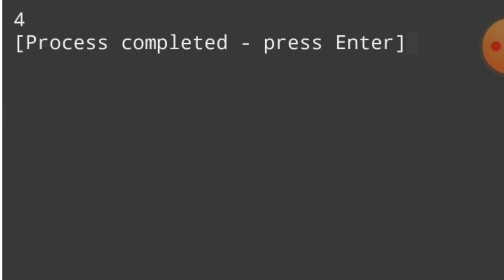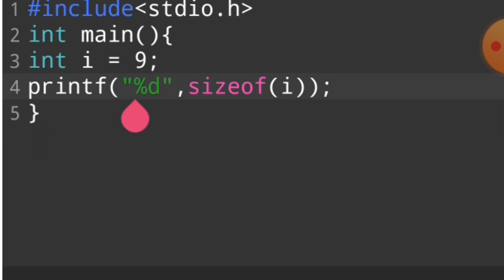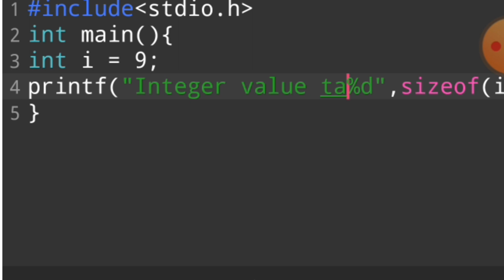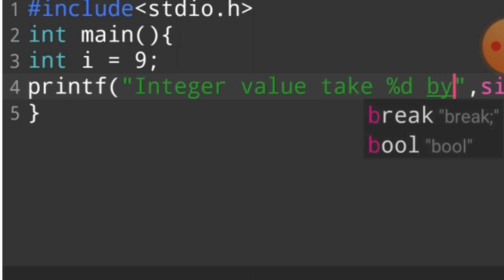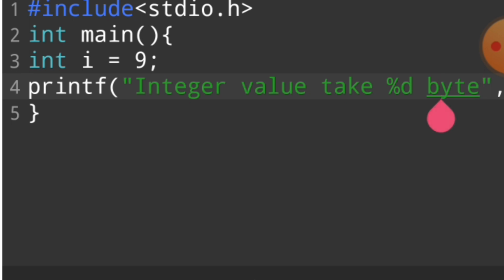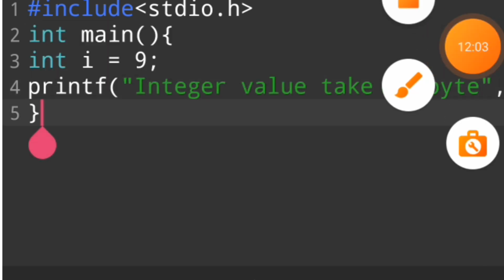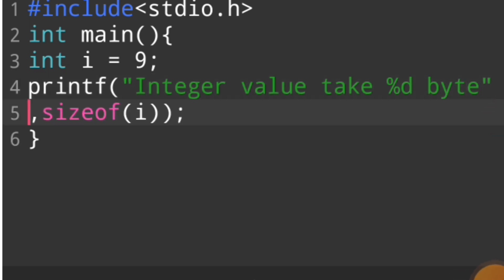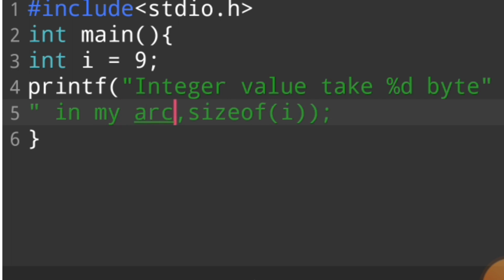4 is printed, because in my computer an integer value takes 4 bytes in my architecture.